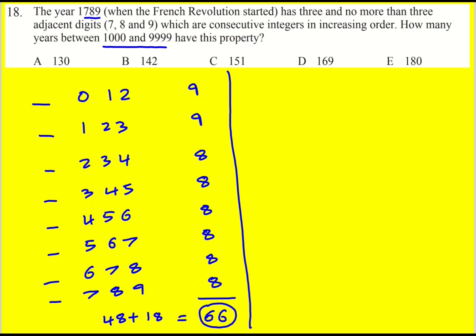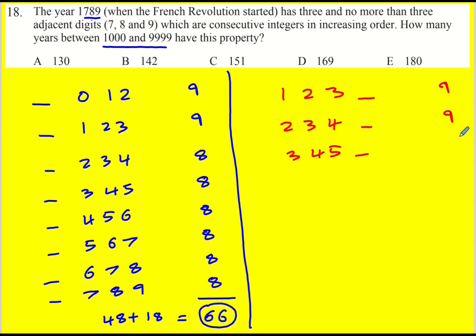Okay, that's when the second, third, and fourth are consecutive. So now let's look at if the first, second, and third are consecutive. Remember, it has to be one of those two. I can't have 0, 1, 2 this time because the number's got to start with at least a 1. But I could go with 1, 2, 3, and then this one here. Now I can have anything apart from 4. So actually, there's going to be 9 possibilities because I can have 0. And then 2, 3, 4, anything apart from 5,